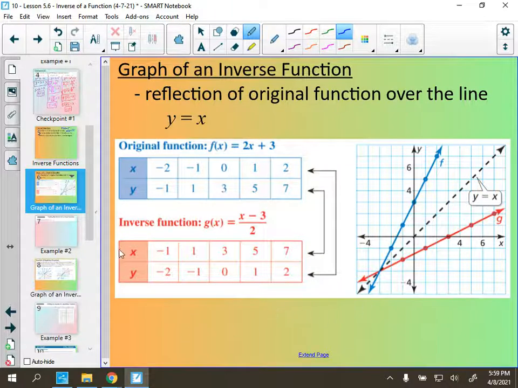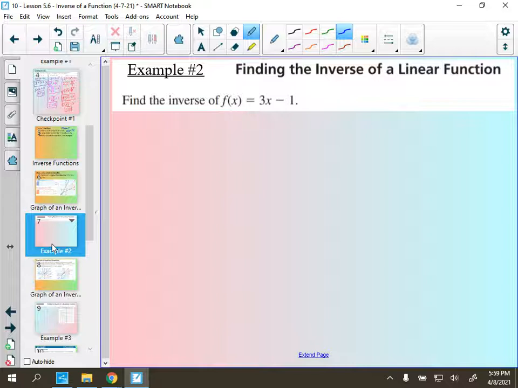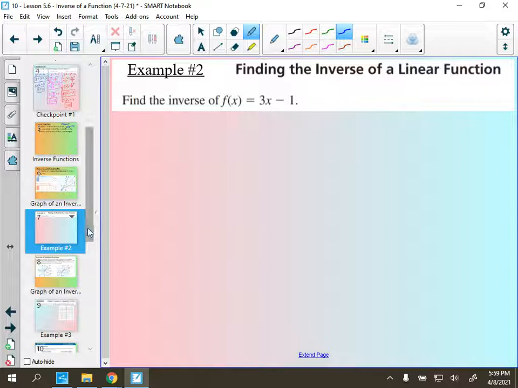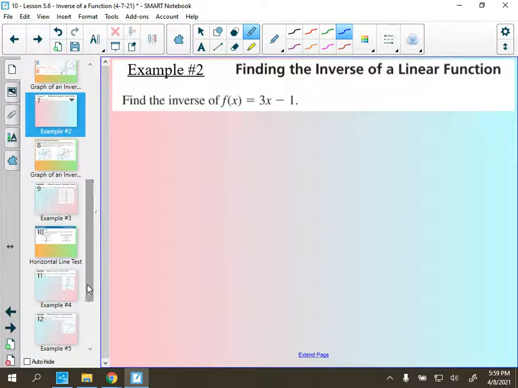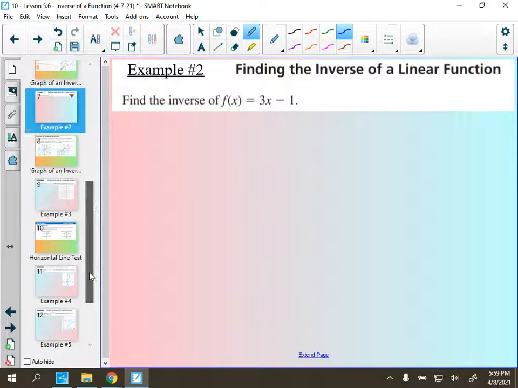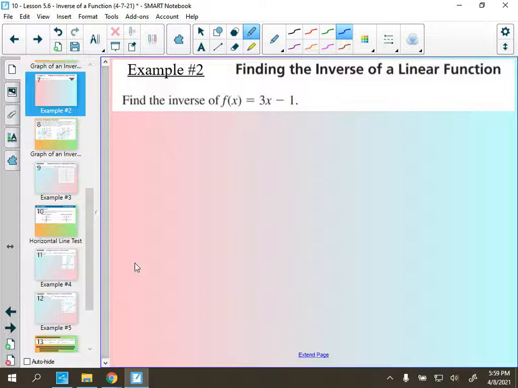All right. Okay, let's do it. So this is kind of our first one. This is kind of one of the big concepts of the lesson, is being able to find an inverse. So you get a function and say, okay, here it is. Find the inverse. Let's do it. We can do it. We'll do some steps here, but I honestly don't think they're